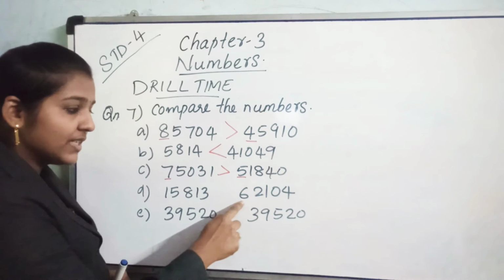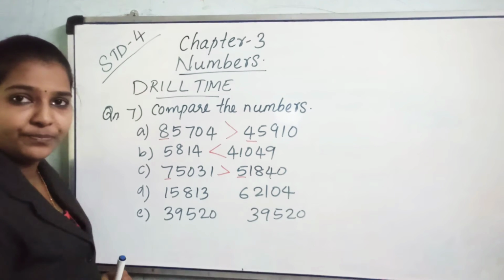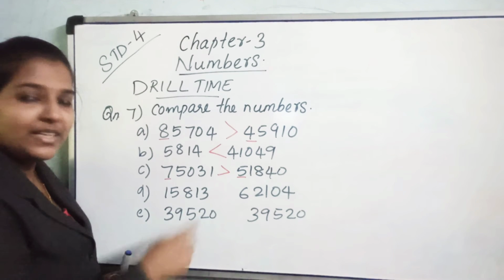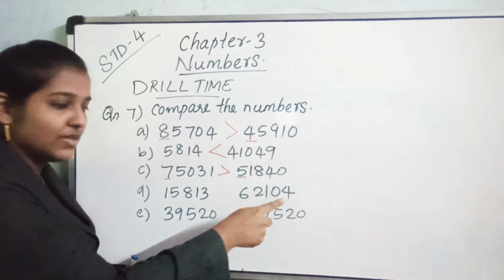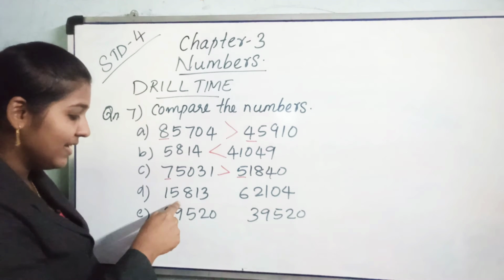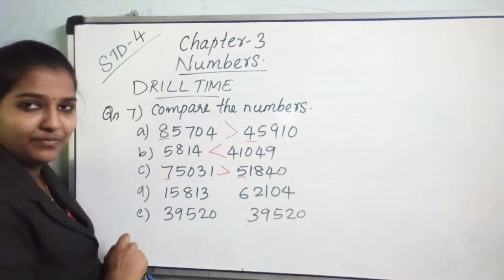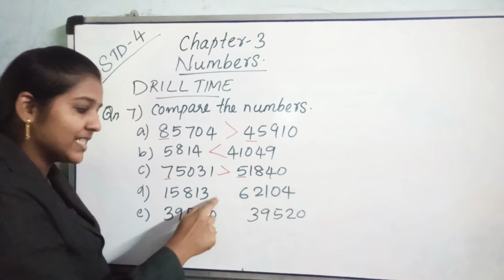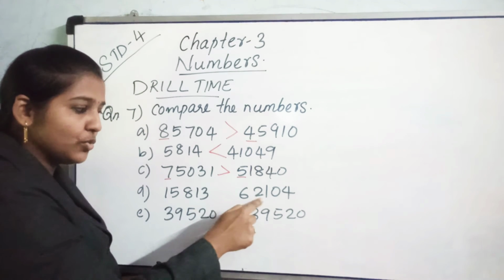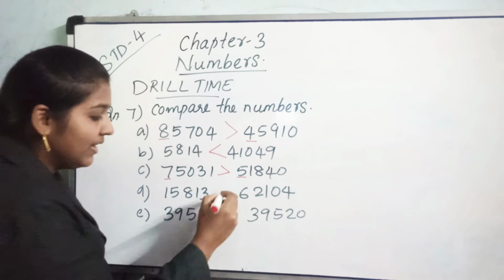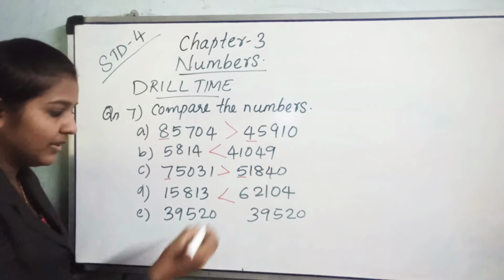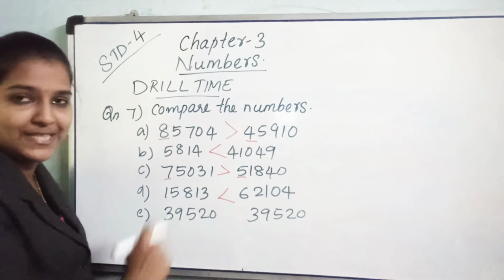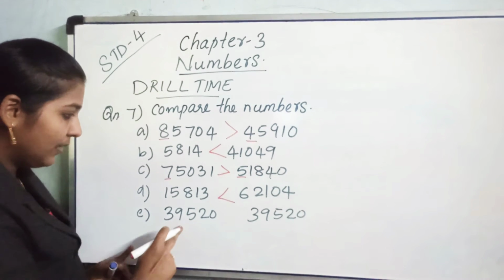15,813, 62,104. Okay children, so among these numbers which is greater? Yes, the 62,104 is greater than 15,813. In other words we can say 15,813 is less than 62,104. Our mouth of the symbol will open towards the larger number like this. Got it? Now the next question,